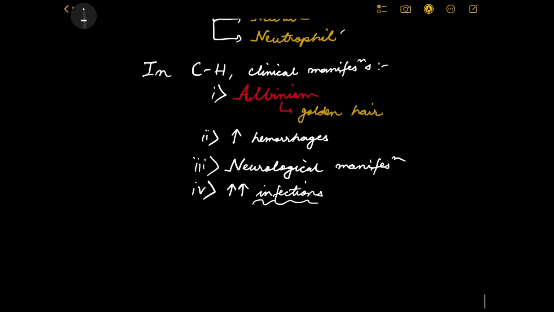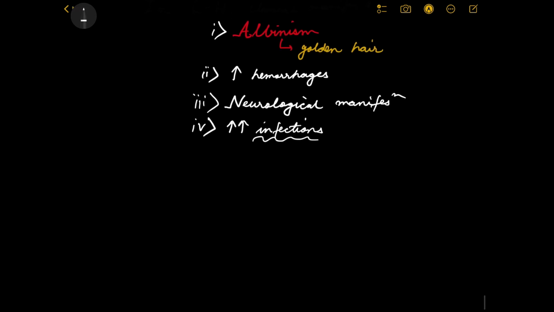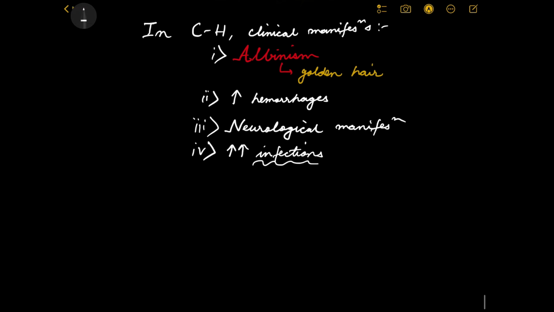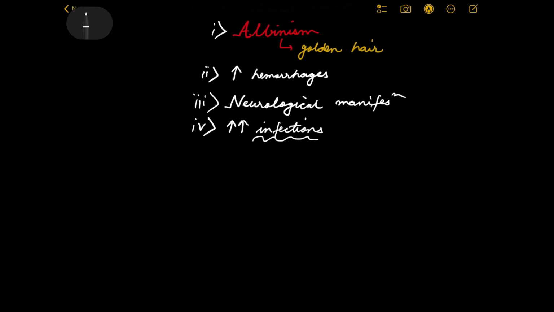But in Chediak Higashi syndrome, there is something that you need to understand as far as the cytological study is concerned as well. So these 4 points that I have just mentioned are the external clinical manifestations. But suppose you order a blood test for a patient suffering from Chediak Higashi syndrome, what would you see in the peripheral smear? That is also a little characteristic as far as the findings are concerned. So in the blood peripheral smear findings,